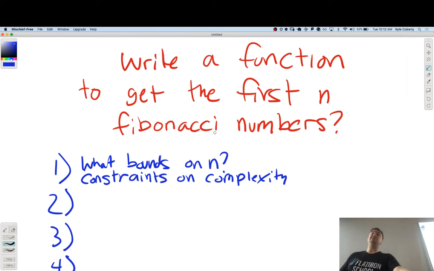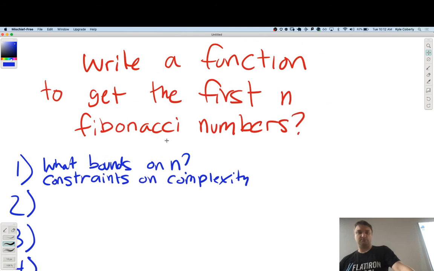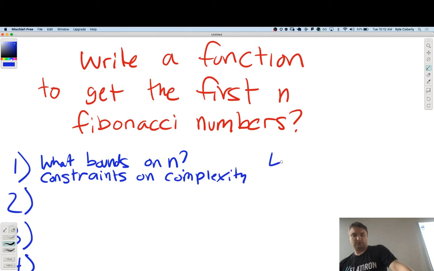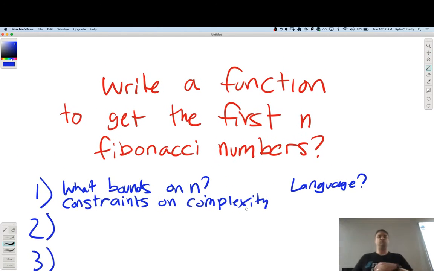Other clarifying questions I might ask: function, particular language. I got asked this. Yeah. I got a question as far as, what if, for instance, you haven't memorized the Fibonacci numbers or something like that?